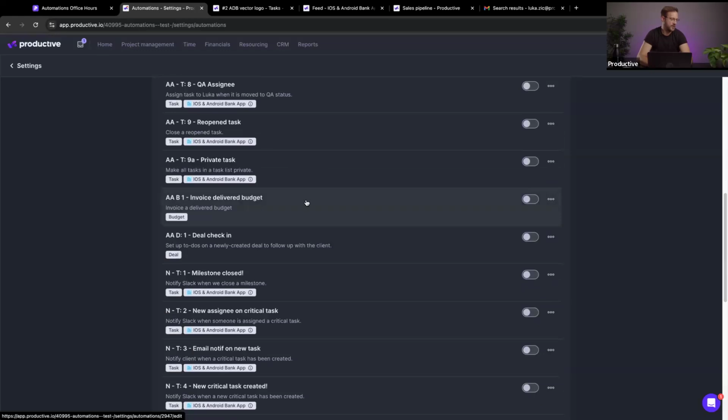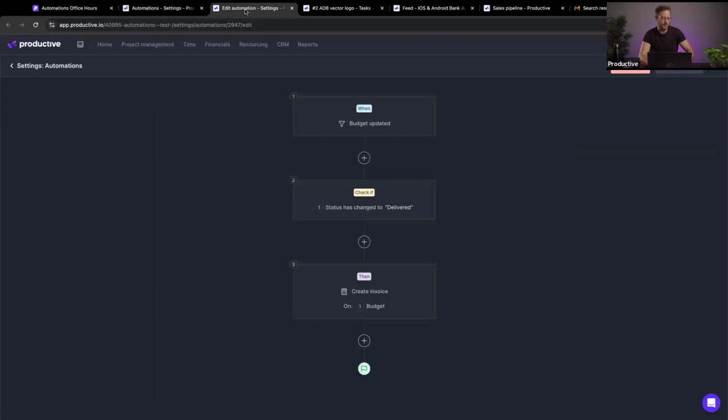And as you can see here, our first automation is to invoice a delivered budget. This is a very new thing. So invoicing in Productive can be done, and it's a fairly powerful part of Productive, and we're going to be doing our office hours on it next time. But it is a manual process. With this automation, we are taking our first big step into actually automating